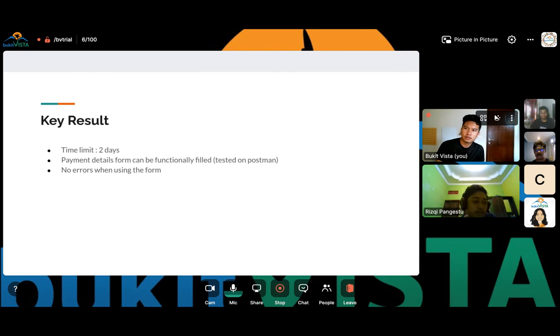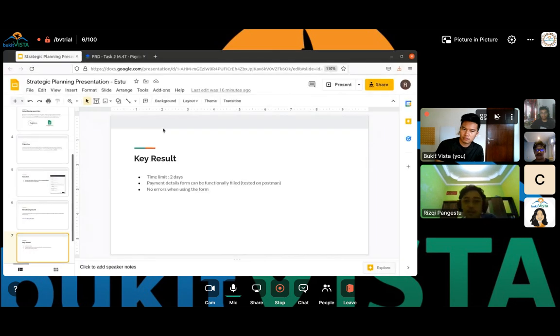If the partner edits, he or she can edit the bank details, like account number or bank name. But if the employee edits, employee roles can only edit